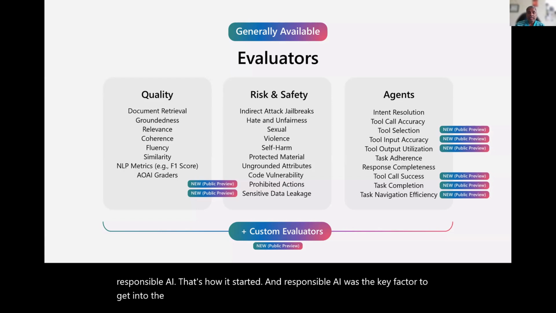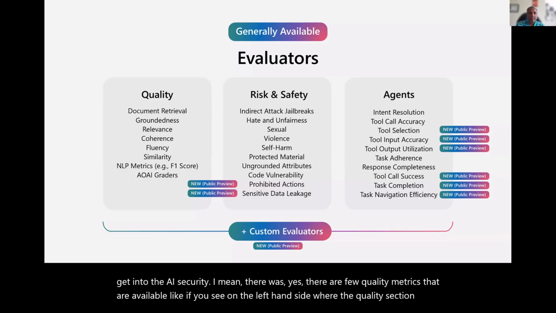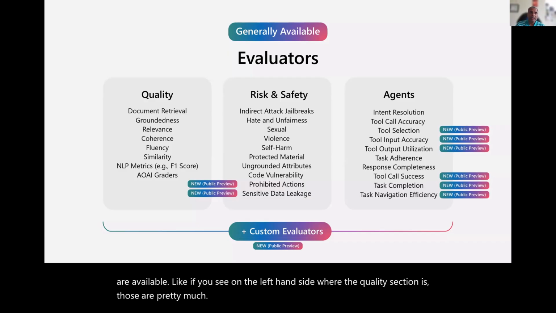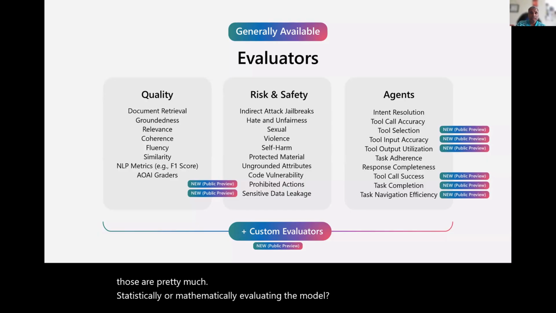I mean, yes, there are a few quality metrics that are available. If you see on the left-hand side where the quality section is, those are pretty much statistically or mathematically evaluating the model. But what's interesting is the center one, the risk and safety, and the last one, agents.